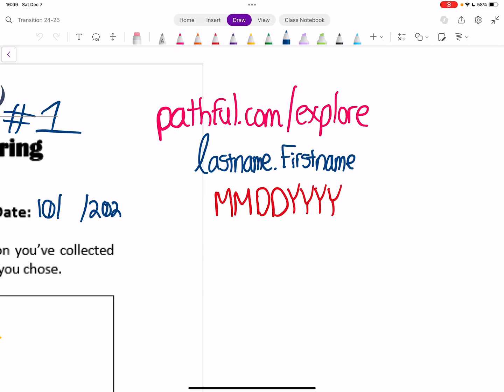Again, the username will be your last name, period, first name. So for example, that could be Smith, period, John. And then if your birth date is in the first couple months of the year, you will need to be sure to add a leading 0 for the month, and similar with the day if the date is before the 11th. So for example, if John was born on February